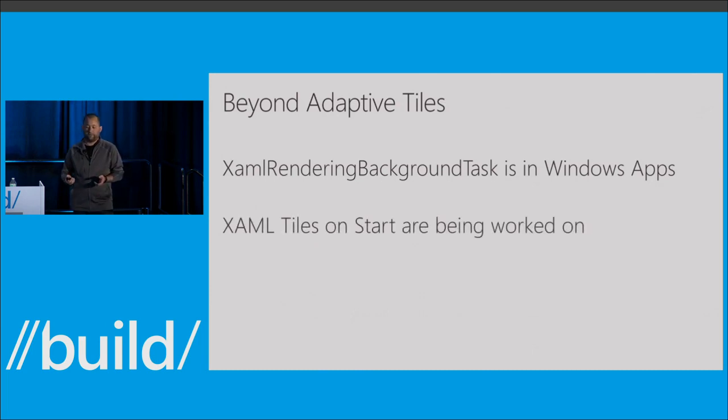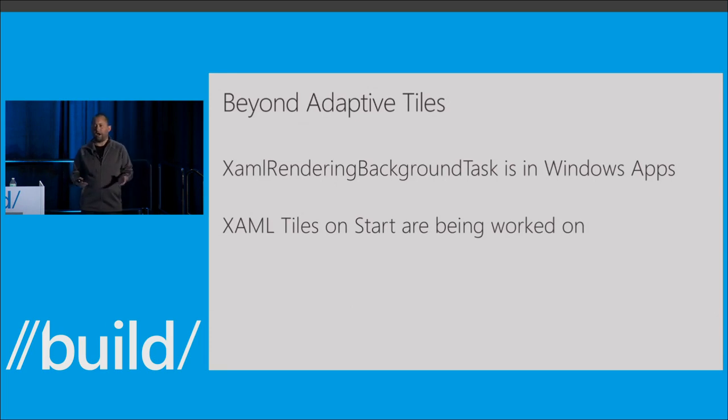I know I'm going to get this question, so I'm going to go ahead and talk about it. You're showing us this XML. It seems relatively powerful. Why didn't you just give us XAML? Why is there not just XAML on the tiles? And that's a great question. And it's something that we want to do. We think that there's two categories of developers, and we've seen this in other ecosystems as well. There's developers who want to spend some amount of time on their tile. They don't have an infinite budget. We all know that. Sometimes you have a lot of money to spend on something like a tile. Sometimes you only have a little. If you just want to do something quick, easy, very effective, and very flexible, adaptive markup is perfect for that.